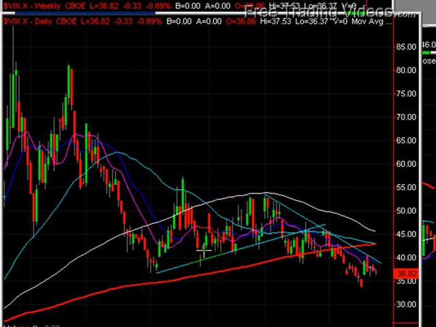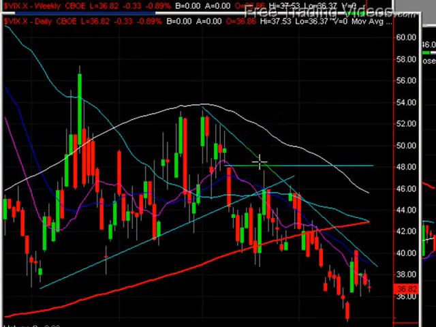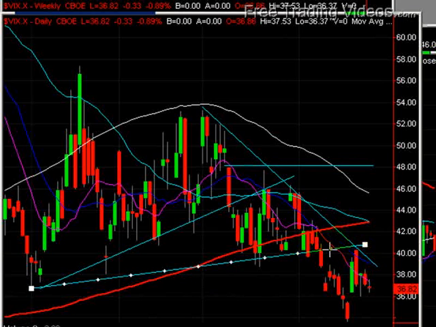So we had a huge one back here. We failed out of that. This becomes resistance. I'll zoom in here a little bit. Like that. There we go. So you can see that does hit that resistance, fails, made a lower swing high, but now this whole thing becomes a new pattern. And if you draw this in a different way with more data points that we have in our camp, there's a whole other level of symmetrical triangle that has now failed, and that's why we have a resistance point right through here. That's what we hit over the last week.